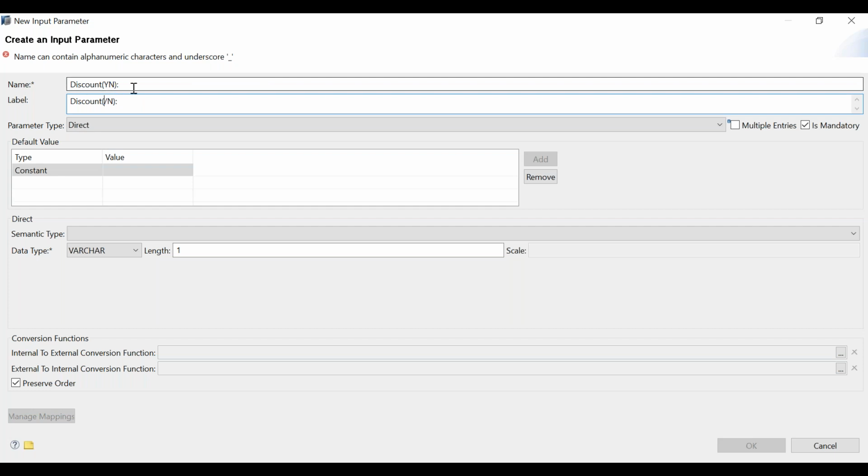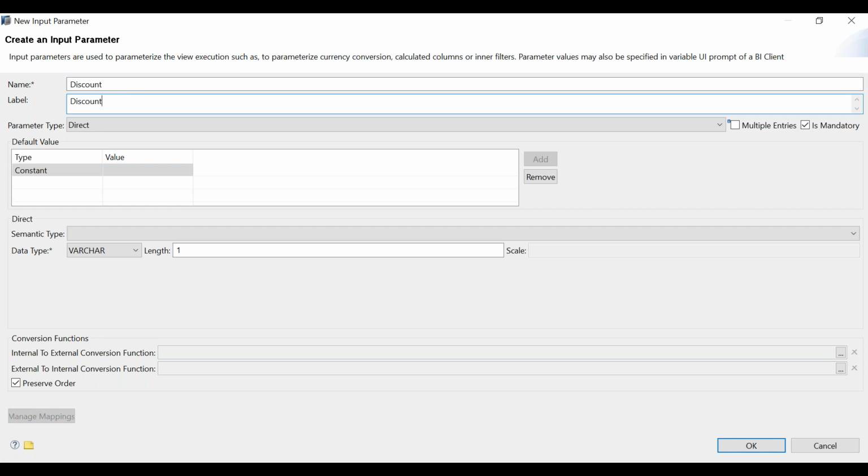Let's remove it. We cannot use the bracket also. So simply we will write discount and discount. That's it. In the label, I think we can use discount yes or no. Very simple example.